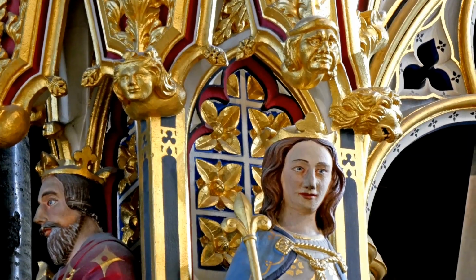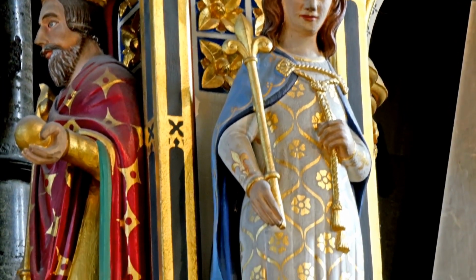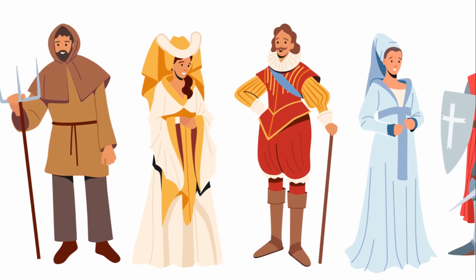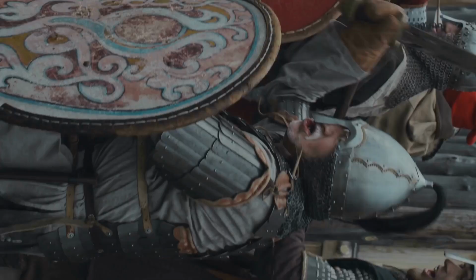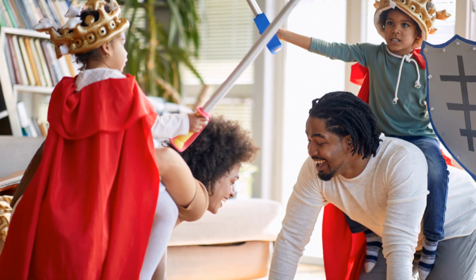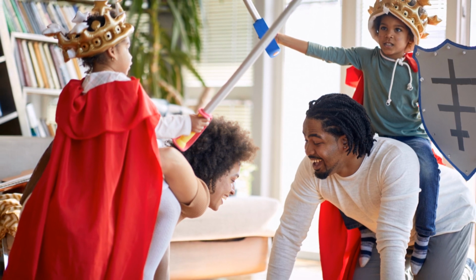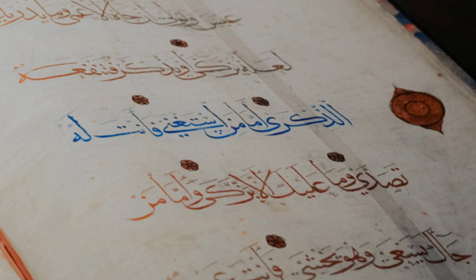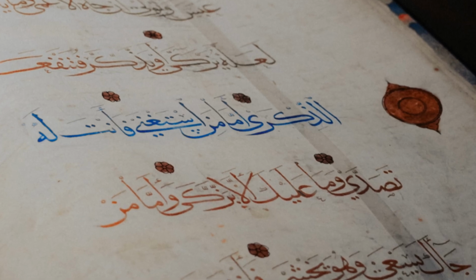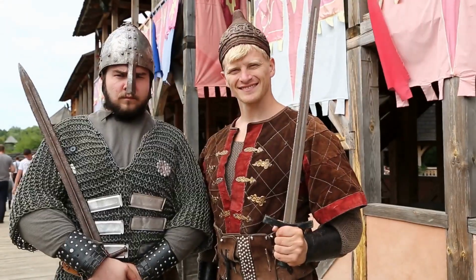Unveiling the everyday. While official documents and chronicles often focused on the lives of kings, queens, and religious figures, marginalia offered a glimpse into the lives of ordinary people. The scenes of peasants working, artisans practicing their crafts, and children playing provide a valuable counterpoint to the grand narratives of history. Through these illustrations, we encounter the everyday experiences of medieval society, the joys, sorrows, and mundane realities that